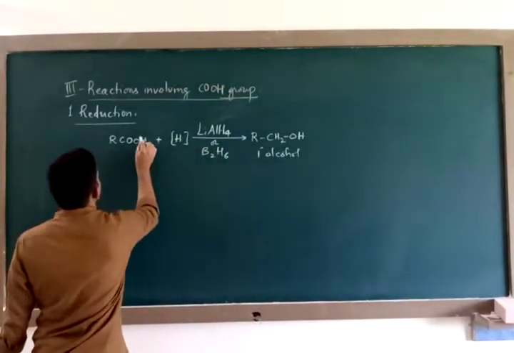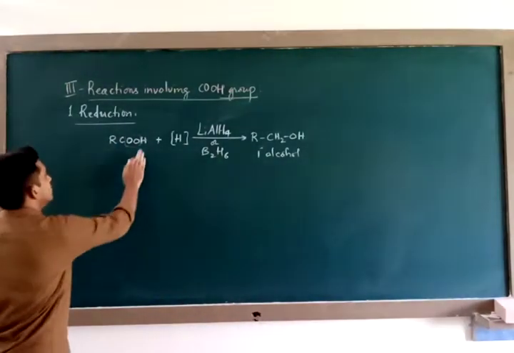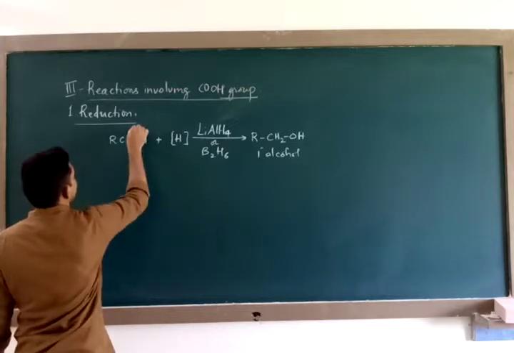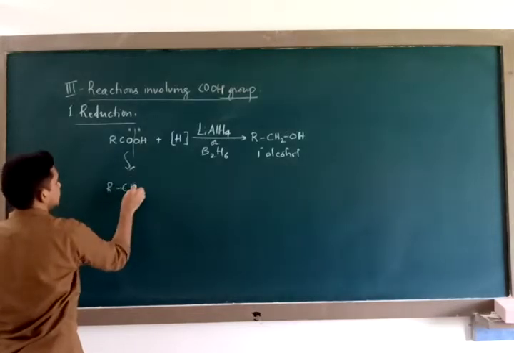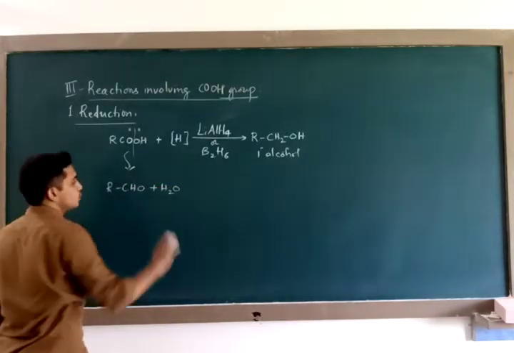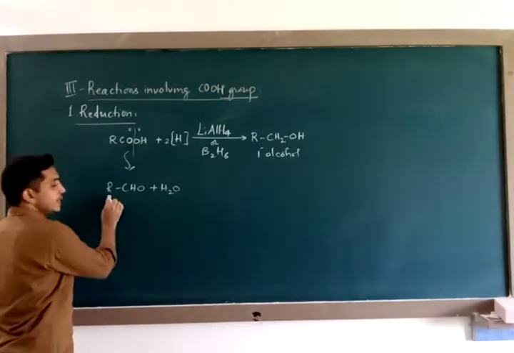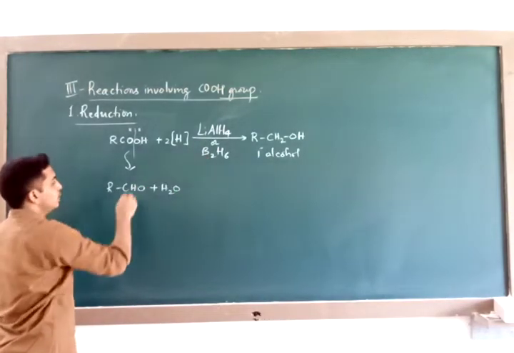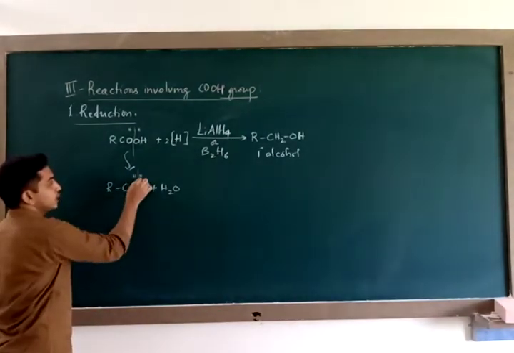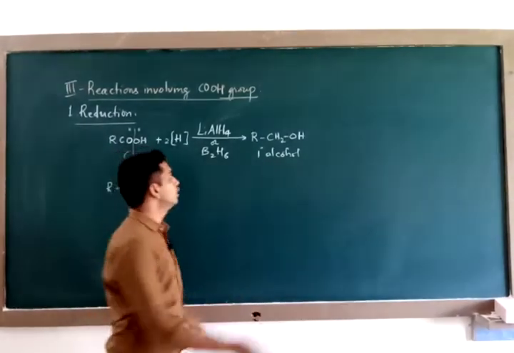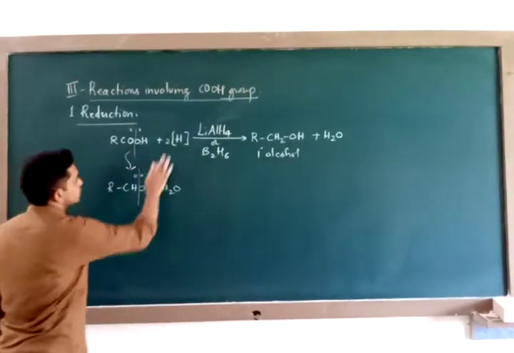For this to happen, you need to eliminate these two, or else you simply can understand this by adding one hydrogen here, one hydrogen here. So it will give you RCHO plus H2O. This is gone. Till now you utilized two hydrogens, so write those two hydrogens here, 2. But aldehyde is obtained. How do you convert aldehyde into primary alcohol? You again break here, add one hydrogen here, one hydrogen here. So RCH2OH. You will get primary alcohol along with water as a byproduct. So total number of hydrogen atoms used are 4.